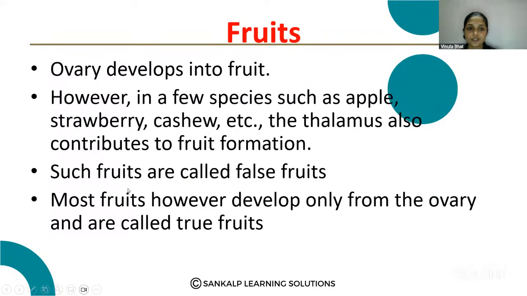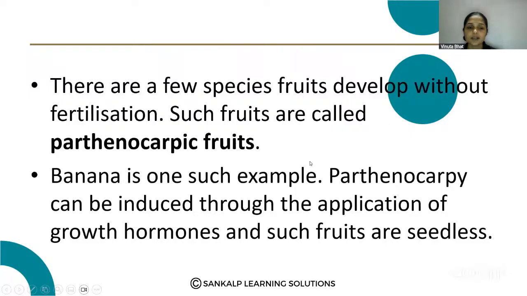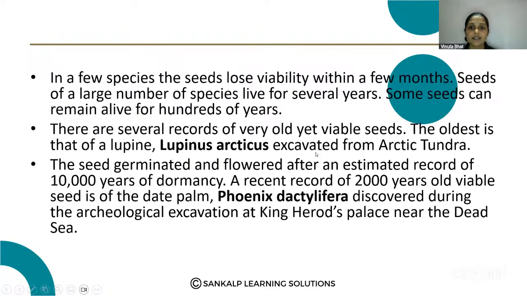Then the fruit, that is the fertilized ovary, right? Fertilized ovary is called the fruit. Some fruits develop without fertilization, and that is called parthenocarpic fruits, for example, banana. And as I told, some seeds show dormancy. They found the oldest seed,